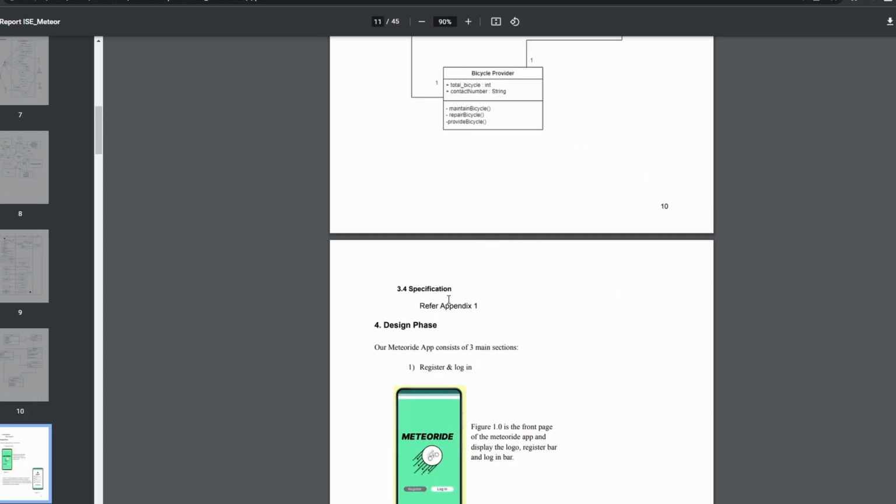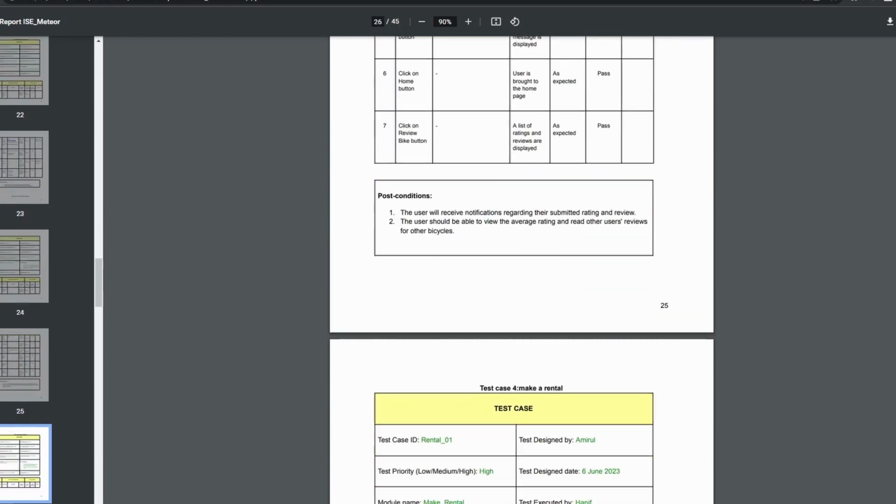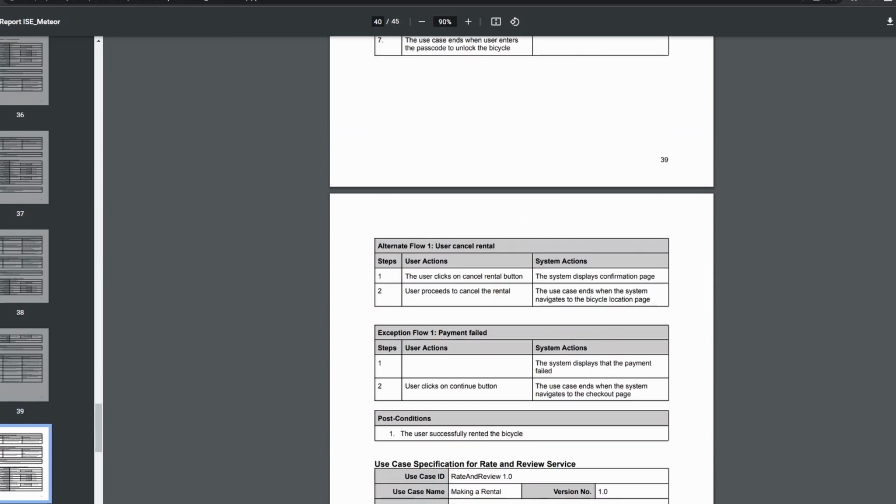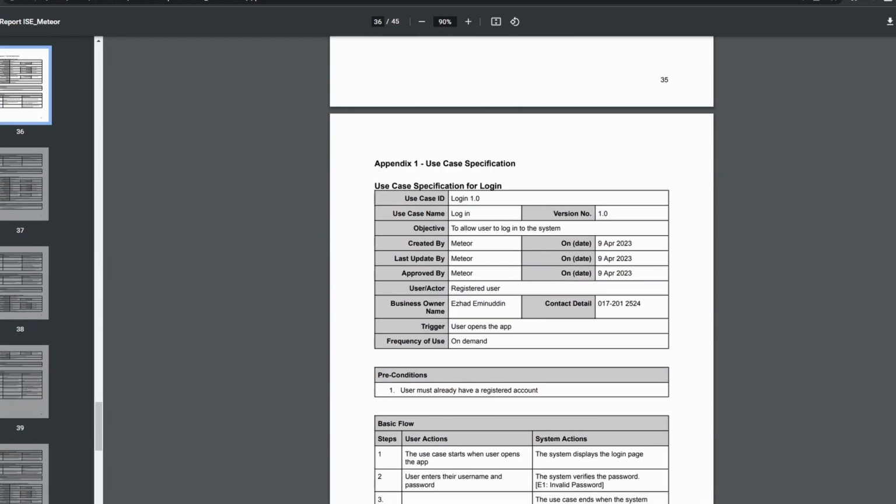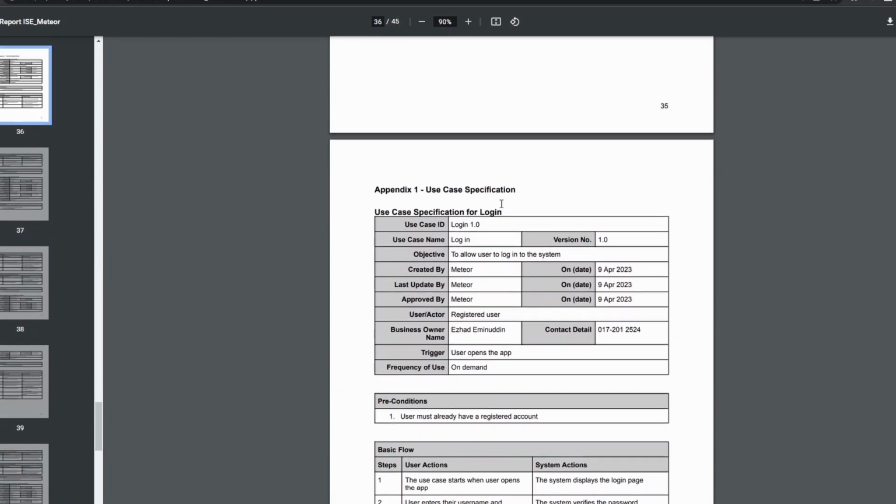Now I will proceed with the use case specification. So this is an example of the use case specification for the login use case.